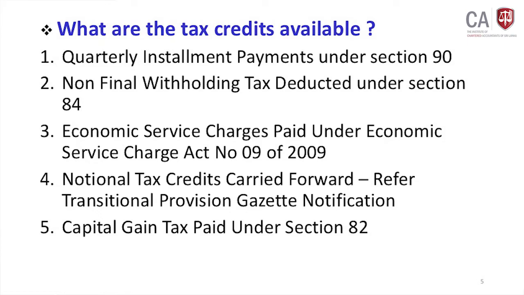Now, most of you all know that we have assessable income from investment. In that, assessable income from investment is subject to withholding tax. Some sources of the investment income are subject to final withholding payment, some subject to non-final withholding payment. For example, if I have taken a dividend, dividend income is subject to the final withholding payment at a rate of 14%. Okay.